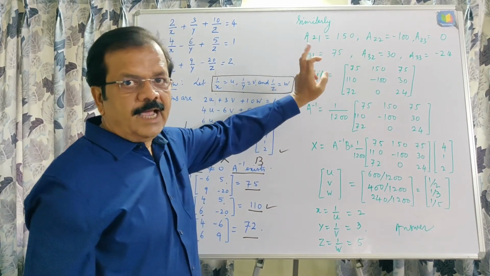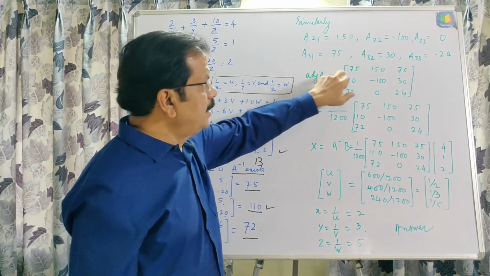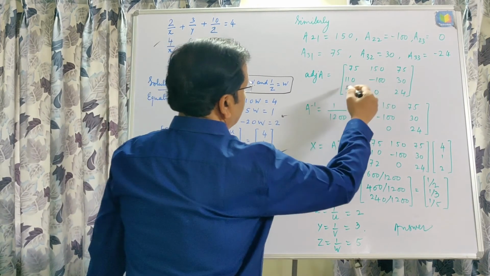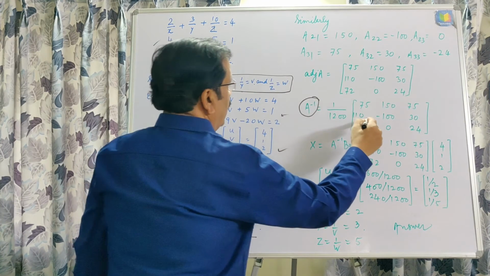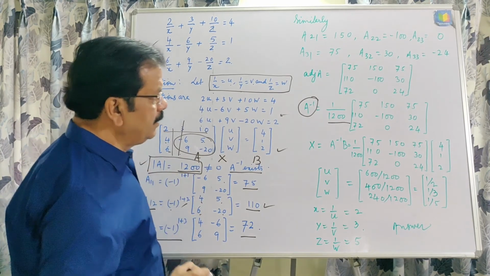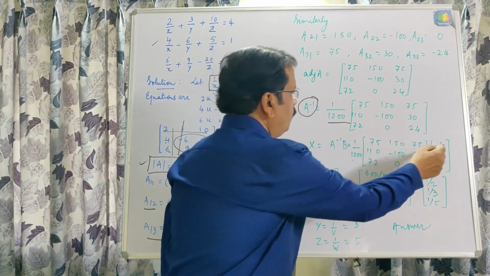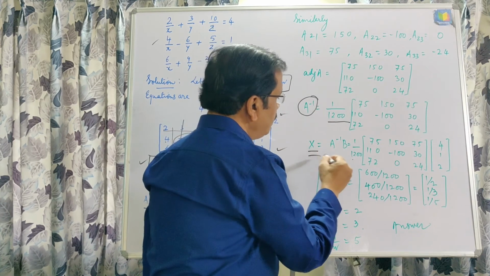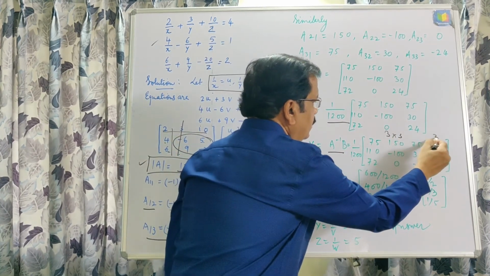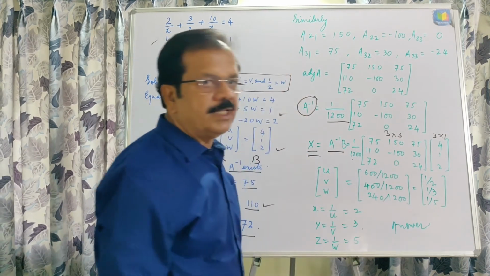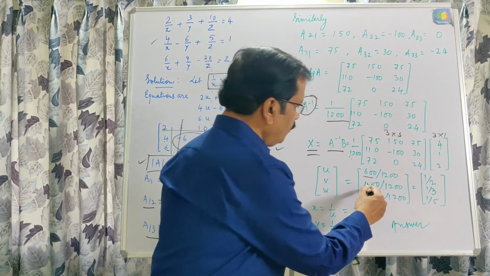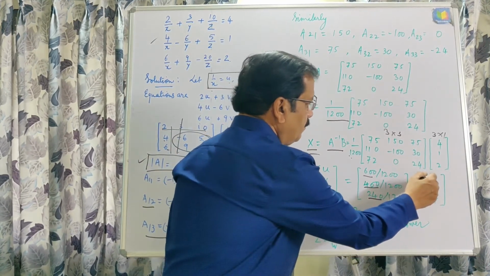After writing these cofactors, adjoint of this matrix A is coming in the form of cofactors, we can write this way, and that will be transposed, and that is 75, 150, 75 like others, and then inverse of this is adjoint of A upon determinant of A, and determinant of A we got here 1200, and that is why divided by 1200 and multiplied by 4, 1, 2, and so capital X is A inverse B, and this way after multiplication, 3 cross 3, 3 cross 1, corresponding elements multiplied and added, we are getting here 600 upon 1200, 400 upon 1200, 240 upon 1200, and then 1 upon 2, 1 upon 3, 1 upon 5.